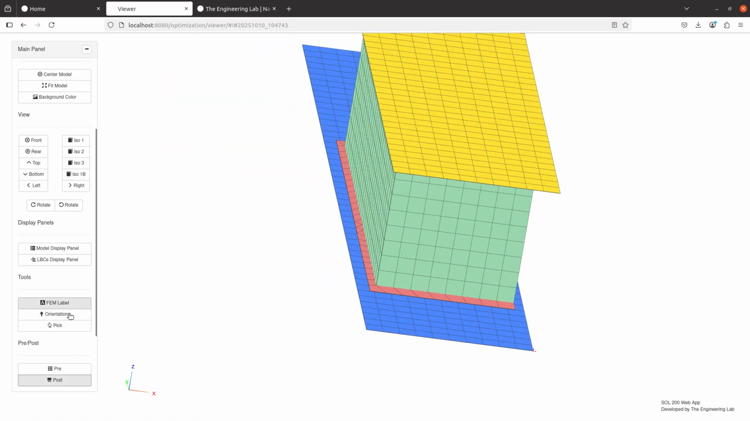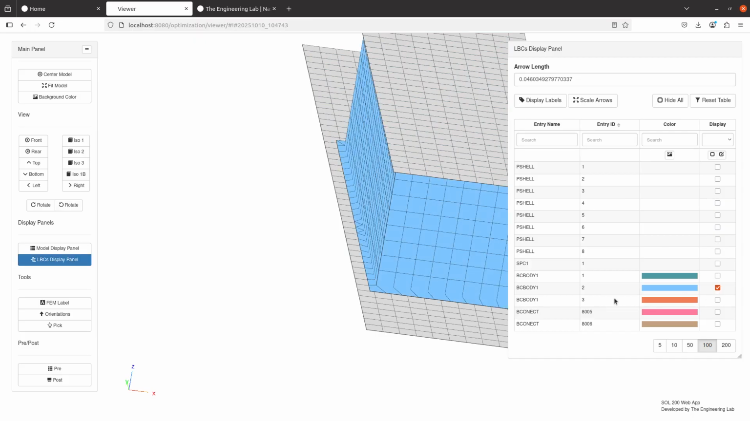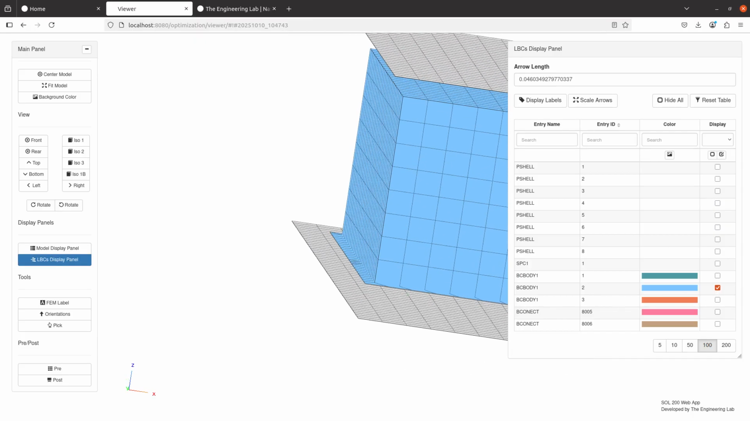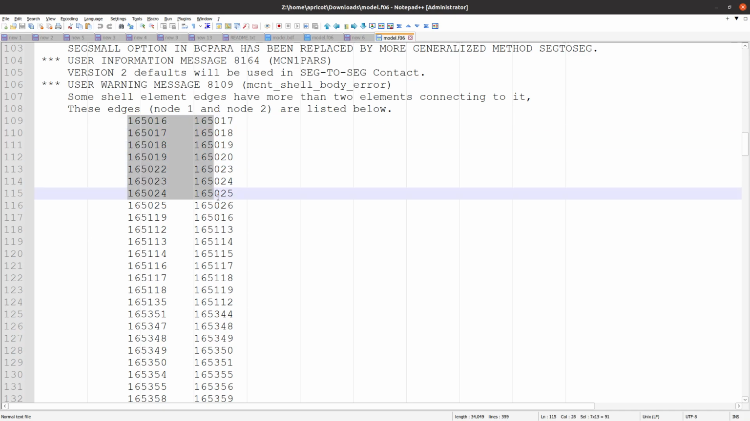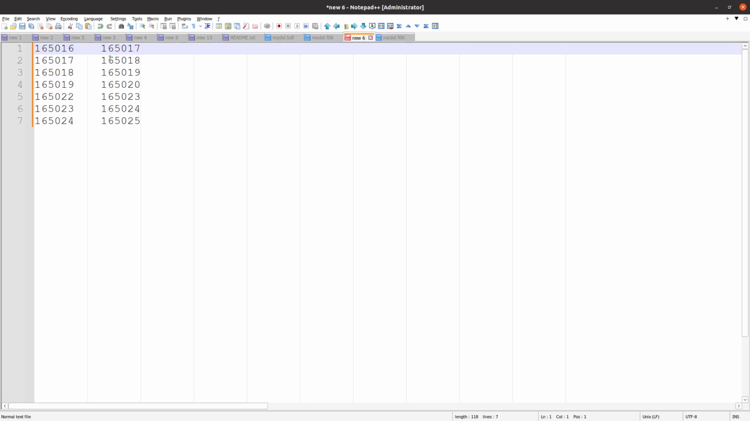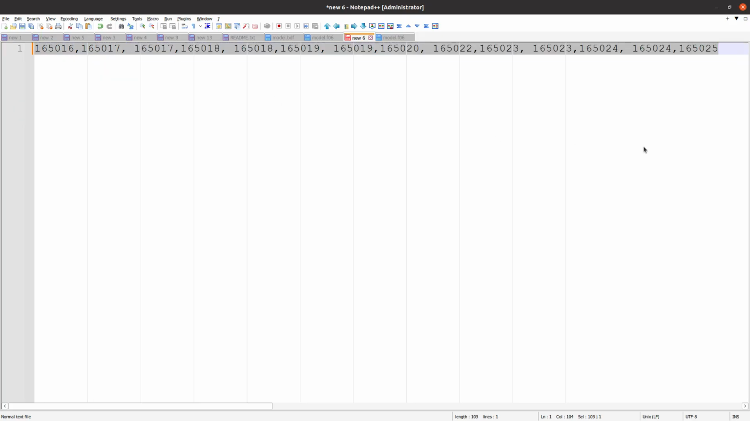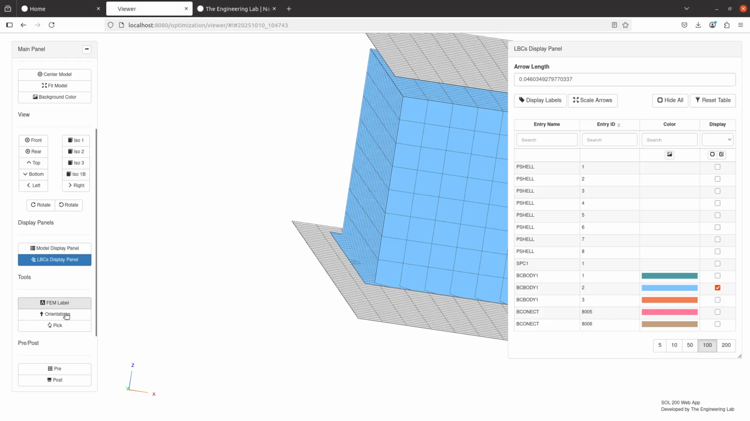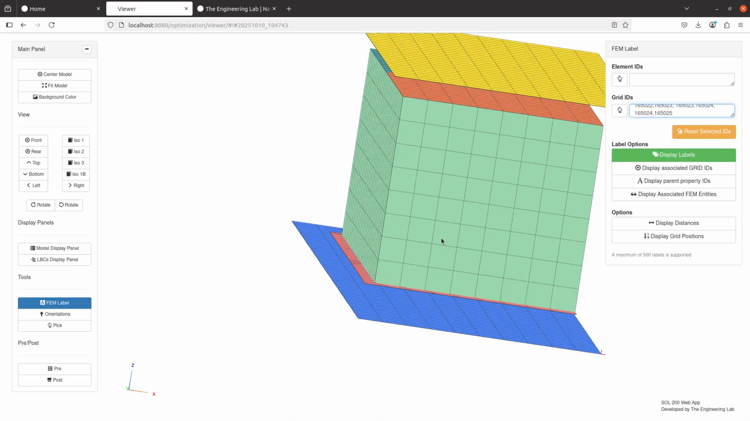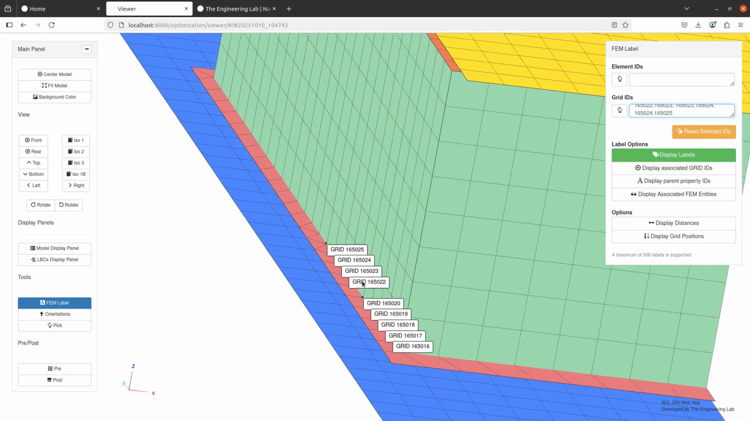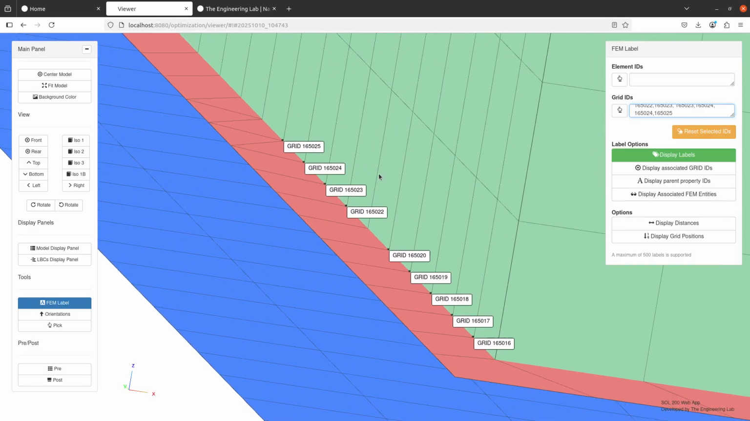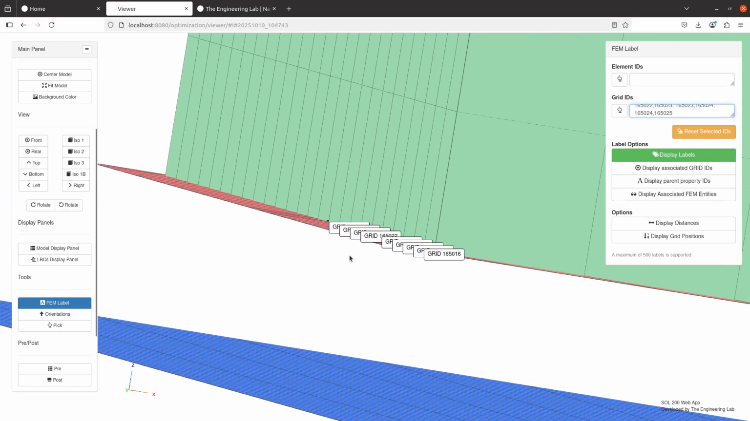Let me turn on one of the contact bodies actually. Or first, let's go ahead and take these nodes. Let me take some of the nodes and let's display these nodes. So that warning is a warning from the contact algorithm. And if we look at where these grids are located, they're located here. So this might be a problem for the contact algorithm when it's trying to detect what is in contact with